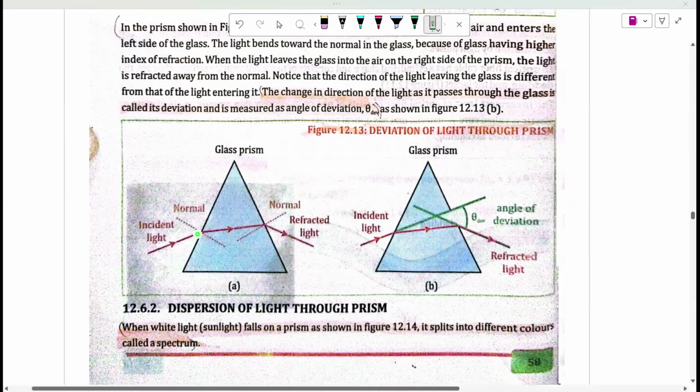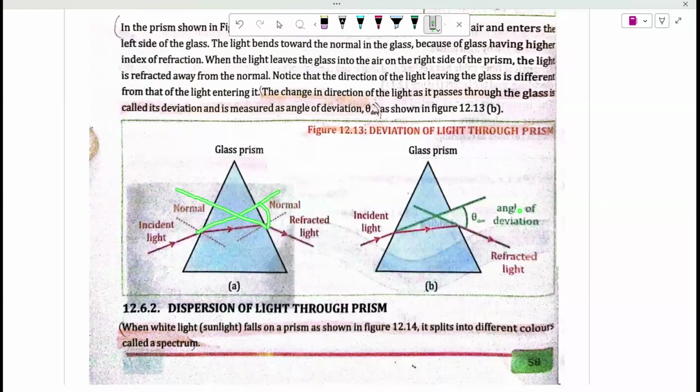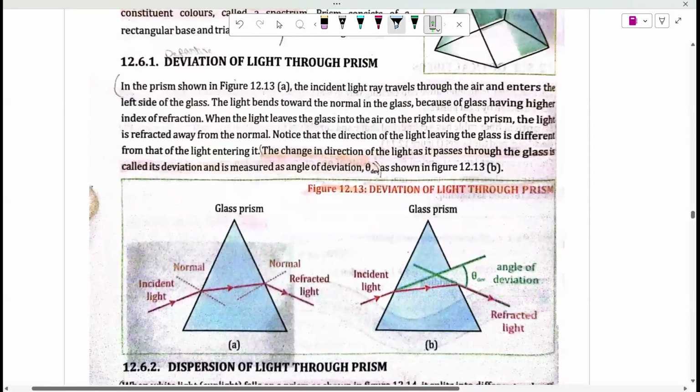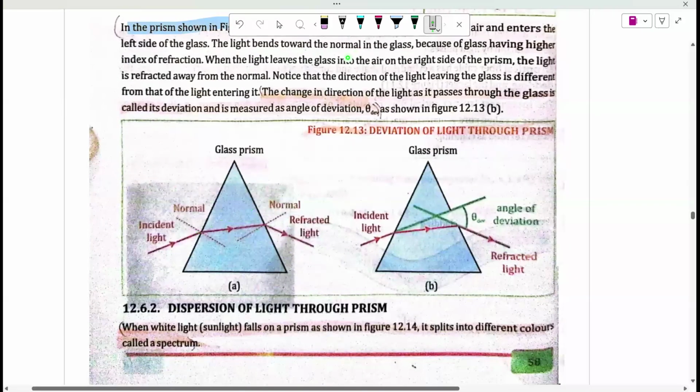अगर if this light would have gone straight like this and this light would have gone straight like this, so this change is known as angle of deviation. Rest I have already explained to you. So in the prism figure shown in 12.3, the incident ray of light travels through air and enters into the left side of the glass, this glass prism left side. The light bends towards